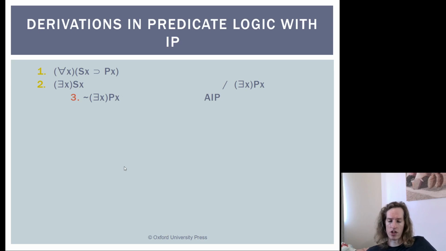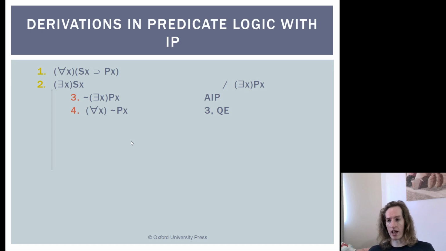So because our conclusion is there is at least one x, Px, an indirect proof gives us the negation of our assumption. If we take the negation of our conclusion as what we want to show, then we'll discharge the conclusion double negated, and then we can just apply double negation to it, and we'll have our conclusion. So we assume it's not the case that there is at least one x, Px.